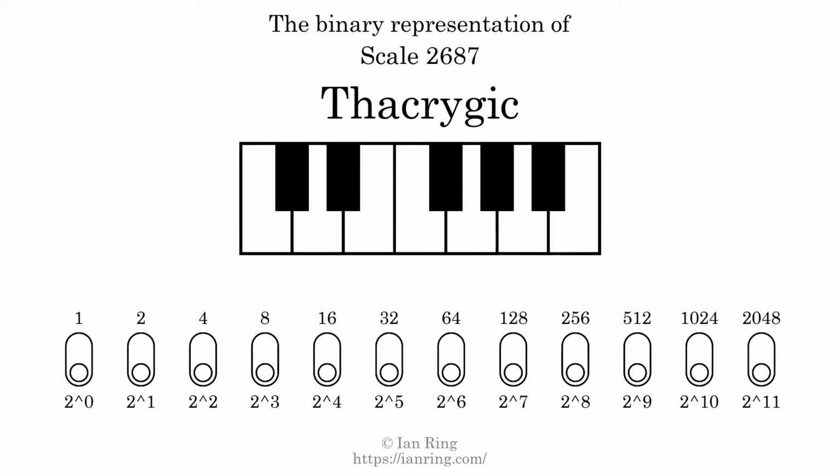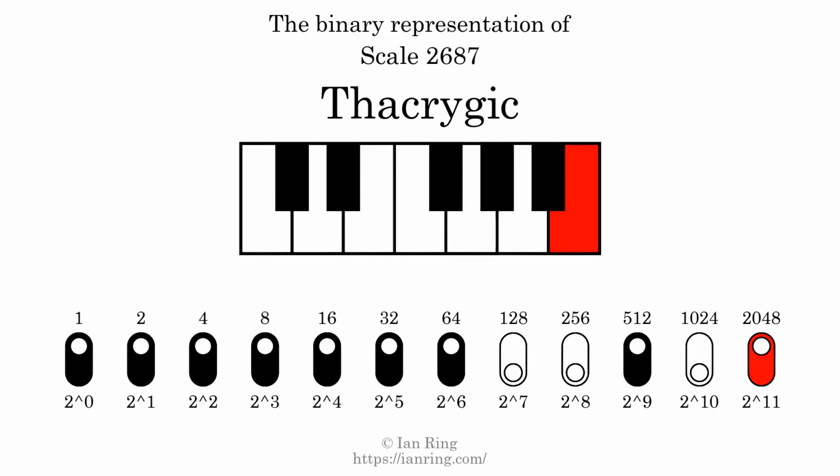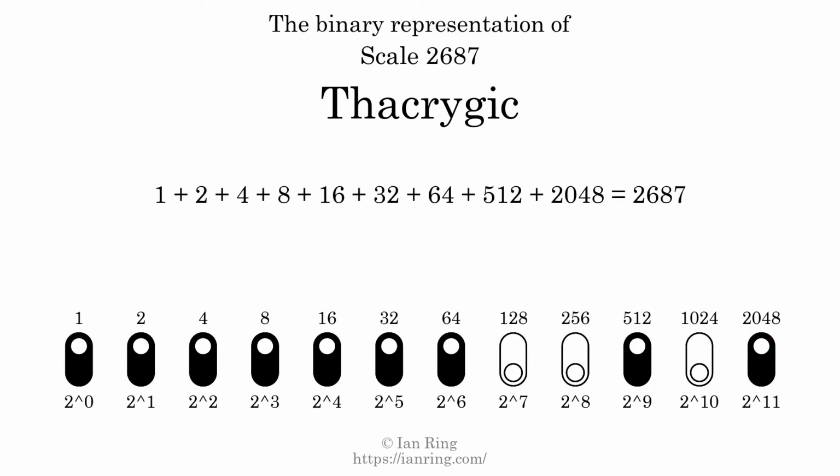The binary representation of this scale is determined by mapping tones of the scale to binary digits. Each binary digit represents a power of 2. To get the scale number, we add the powers of 2 together. The powers of 2 that are present in the scale, all added together, equals 2687. That is why the scale number, in decimal, is